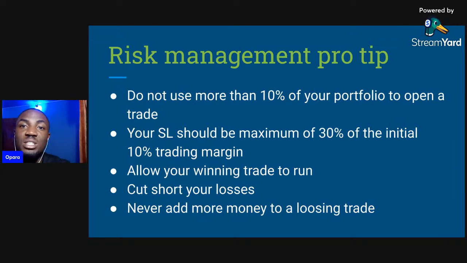The more your portfolio advances, the more this percentage is going to drop. If you have a $1,000 account, you might want to use 5% so you're not exposed to so much risk in the market. Then as you increase to $10,000, it drops further. The people not following that 1% rule are people with portfolios of probably $20,000 or $50,000, and for them, 1% is a reasonable amount of money. So use not more than 10% of your portfolio to open a single trade, because you can open multiple trades at a particular time. Do not open a single trade with all your portfolio.